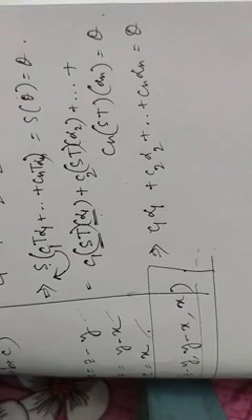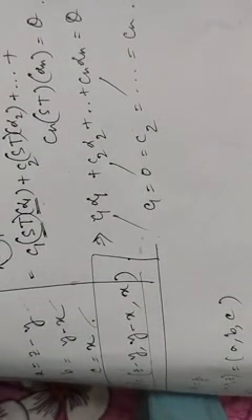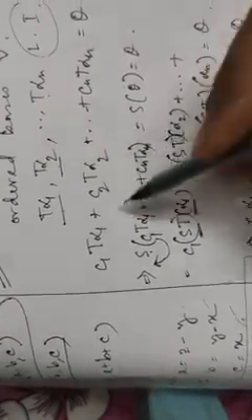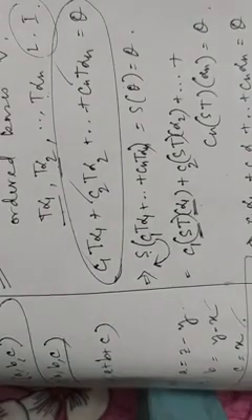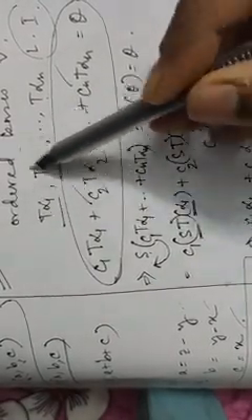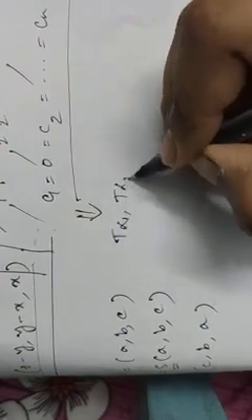Now we have chosen alpha 1, alpha 2, alpha n as a basis. That means obviously this is linearly independent. So obviously all these constants will be equal to 0. So C1 equals 0, C2 equals 0, dot dot up to Cn equals 0, because alpha 1, alpha 2, alpha n is a basis, which implies this is linearly independent. We started with this relation and we ended at C1 equals 0, C2 equals 0, dot dot Cn equals 0. So what can we claim? We can claim that T alpha 1, T alpha 2, dot dot T alpha n are linearly independent.